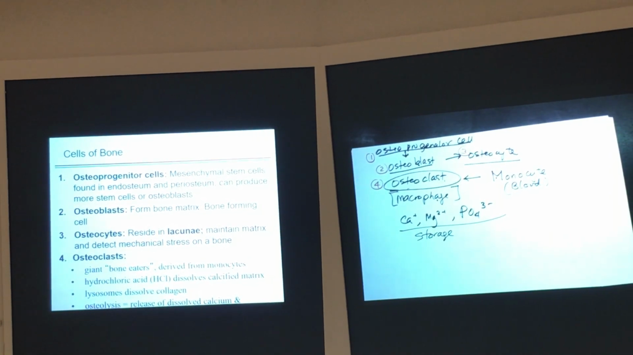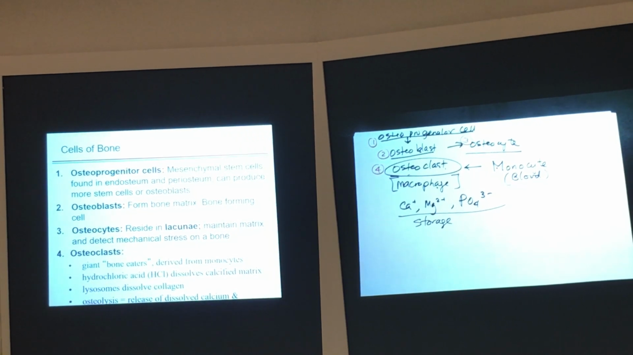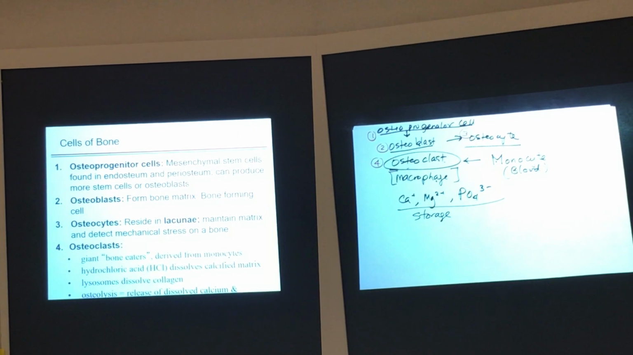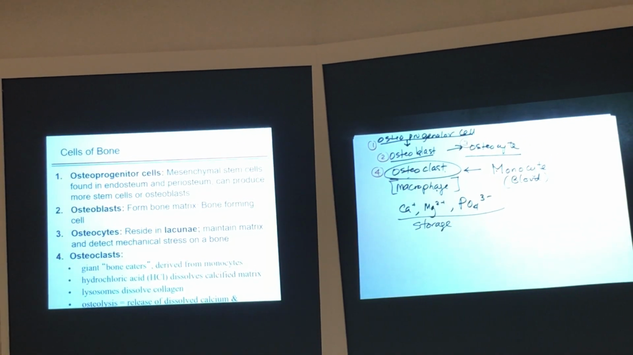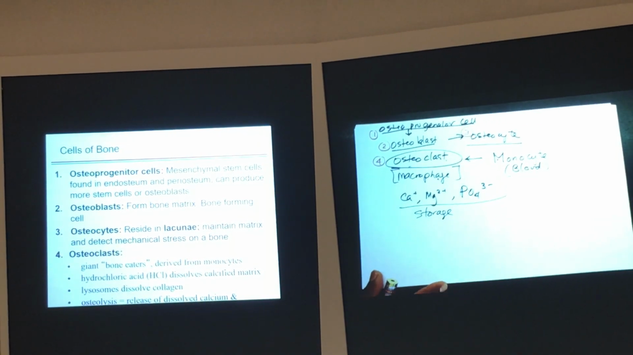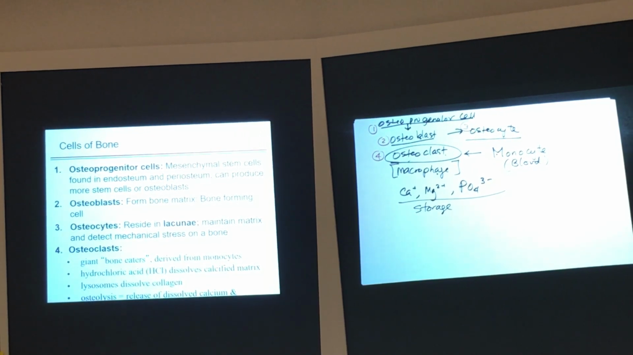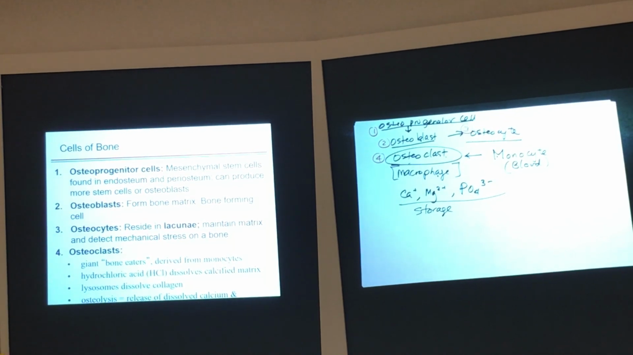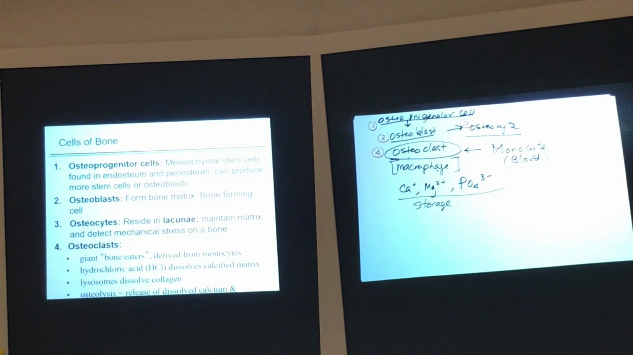How do they eat it? They use 2 mechanisms. One is they release hydrochloric acid, which dissolves the calcified matrix. Second, they release lysosomes, which break down the collagen. So that's why they're called bone breakers, because they cause osteolysis. Osteo means bone, lysis means what? To break down, you can have like